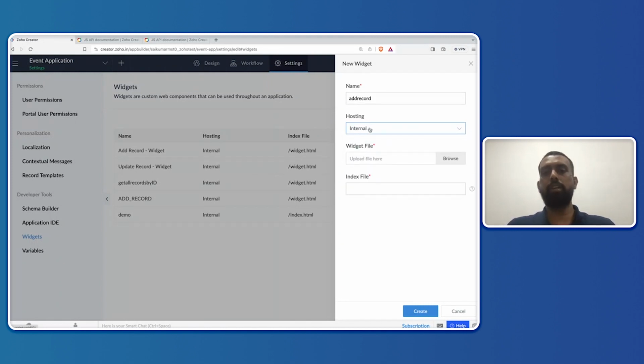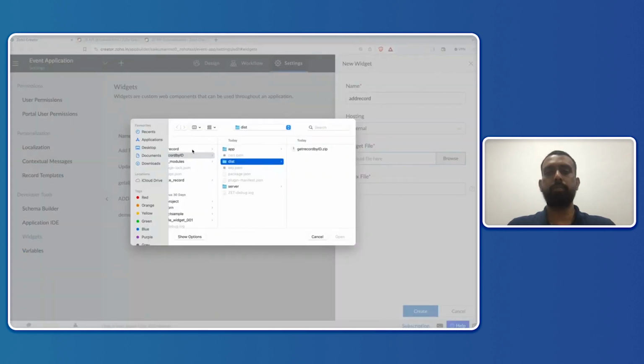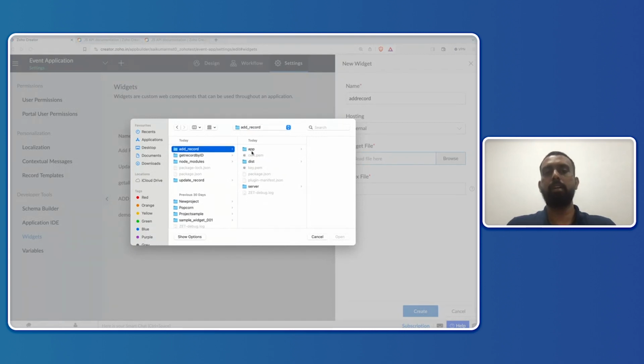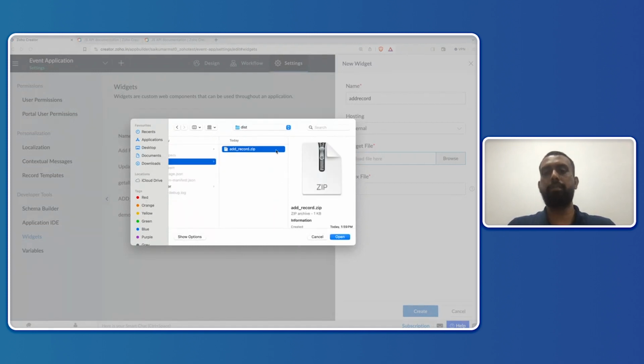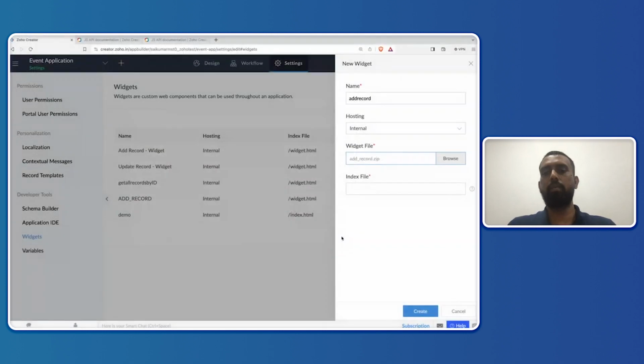I will click on internal now and I'll click on browse. Here we have the file of add record. Inside the add record folder, I have the dist folder inside which I have the already zipped file. So as soon as I test and pack it, I have a zip file that gets stored. I'll click on it and I'll open it and I'll name it as